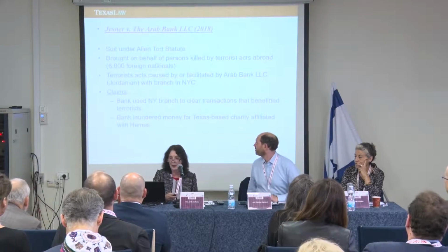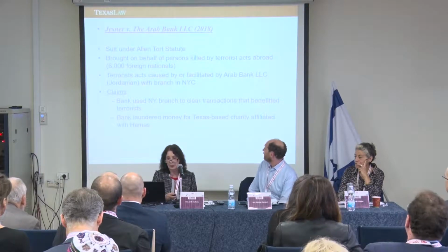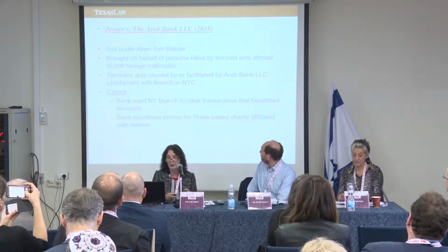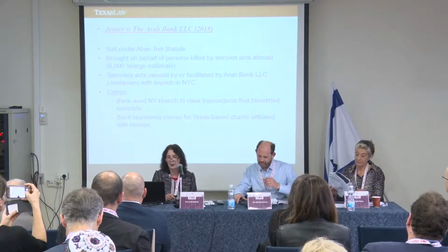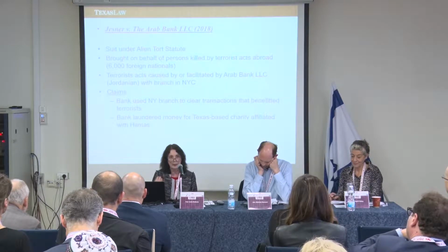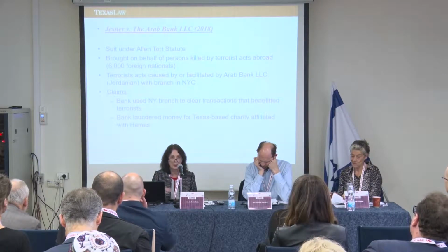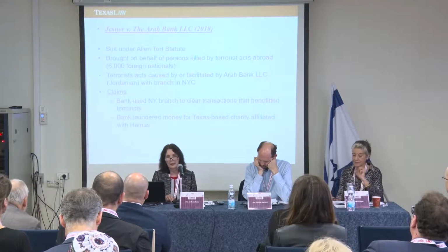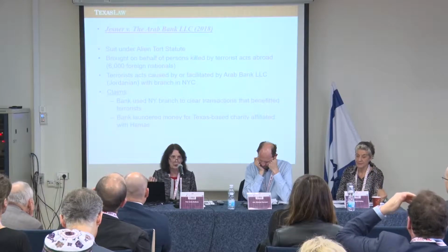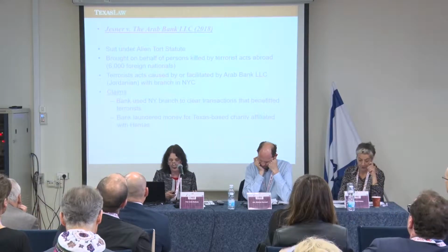And my last case that I want to talk about, I only have two or three slides. This was decided last year, Jesner versus the Arab Bank. Again, this was brought under the Alien Tort Statute, on behalf of the persons who were killed by terrorist acts abroad. The allegation was about 6,000 foreign nationals. The Arab Bank is a Jordanian bank, but they had a branch in New York. The allegation was that money was being laundered through the New York branch, basically, to subsidize the activities of